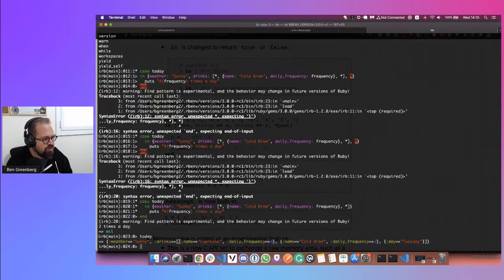You see here that drinks is an array of multiple objects. So previously with pattern matching in 2.7, I cannot search through an array of multiple items. I would need to have a sub pattern match inside it that's another layer down. Whereas the find pattern, it says find pattern is experimental, right? But with the find pattern, I can search through multiple elements. That's really cool. That to me is super useful.